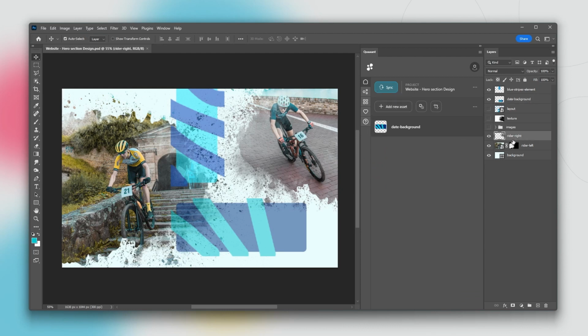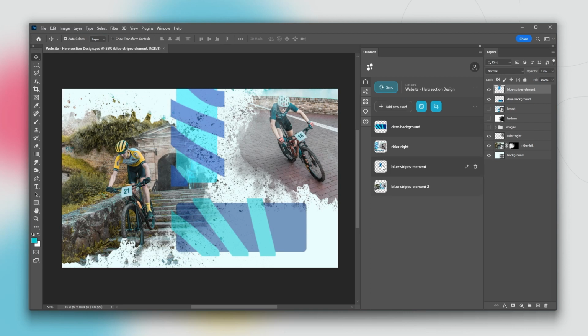To add a single layer, simply select the desired layer and click the Add New Asset button. If you wish to incorporate all layers in a flattened format, just click the Flatten All Layers button. Should you need to capture the entirety of the canvas, simply press the Include Complete Canvas button. This can also be combined with the Flatten All Layers option, giving you a flattened, full canvas that includes all layers.